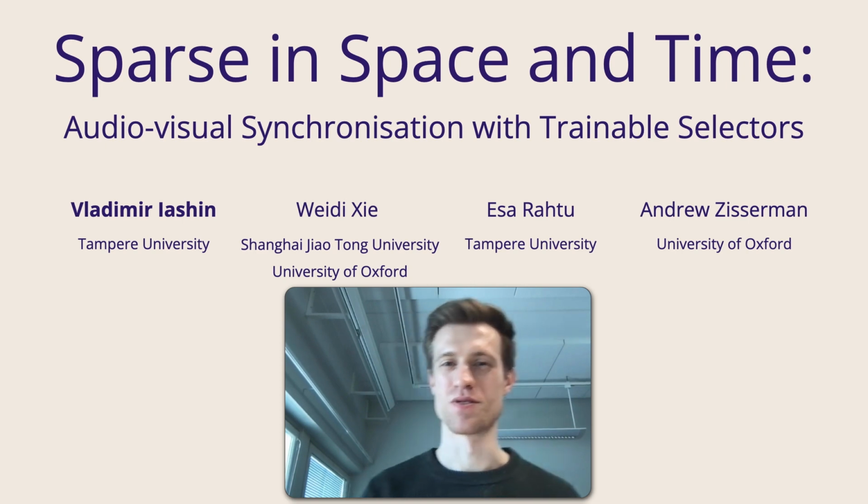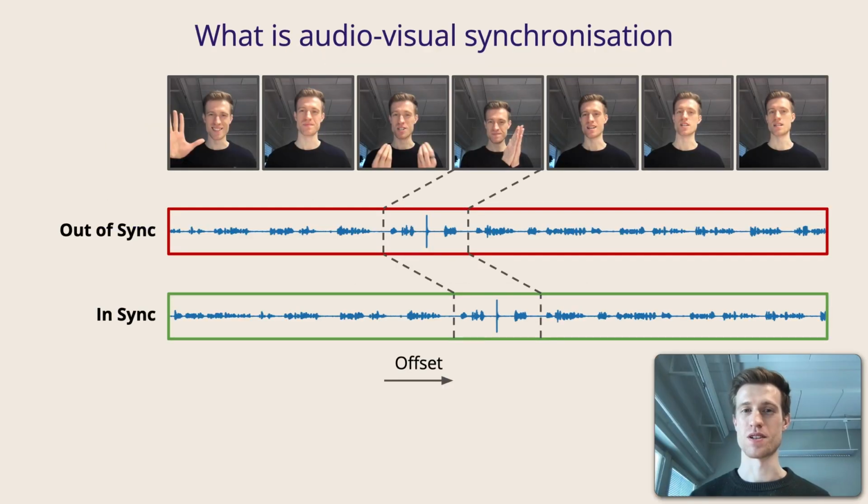We want to train a model to do it for us automatically. If prior works were detecting if the video is in sync or not, we want to go further and train a model to find the exact temporal offset. What is interesting is that for open domain video, the synchronization signal can be sparse in time and space at the same time, yet prior works were considering only dense synchronization signals.